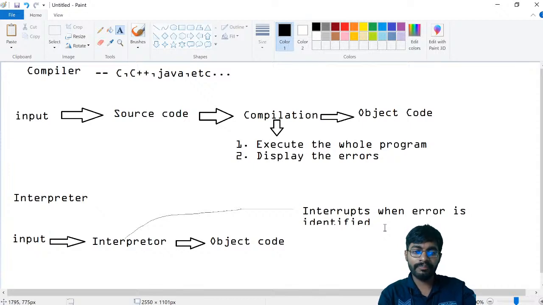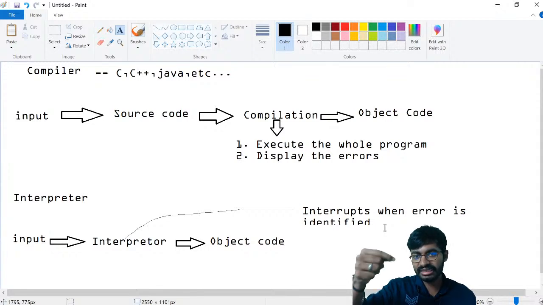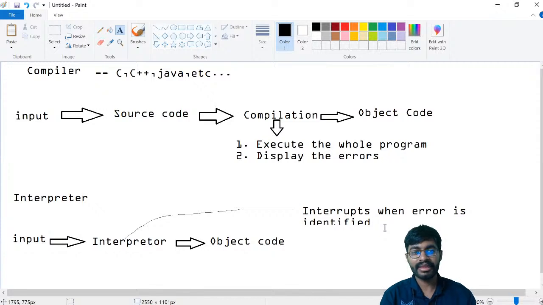Whereas if you go for the compilation process in C or C++, it will execute the whole project, and if there are errors, those errors as well as the warnings will be displayed. In this line this error, in this line that error. We have to rectify them one by one. After that rectification, if we run, the output will be displayed. But in an interpreter it is not like that. If we complete one line's rectification, whether the next line has an error or not, we will only know after running the code. That is the major difference between the interpreter and the compiler.